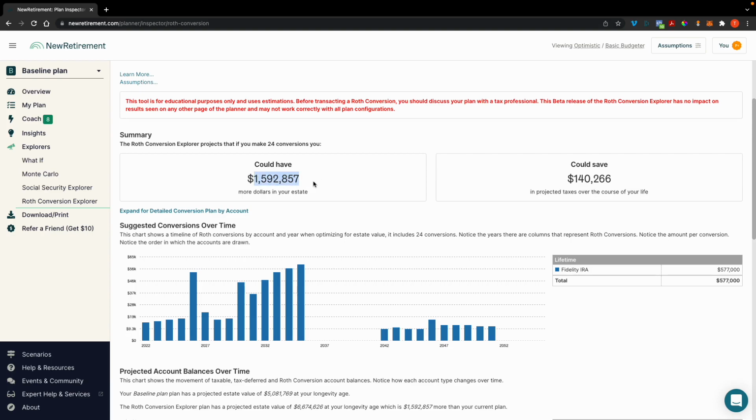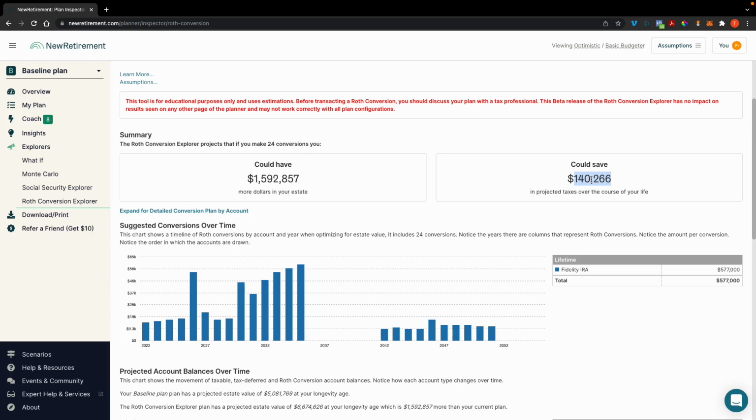This one's pretty extreme. This isn't a proper situation that I have put in here. I've changed this so many times with coaching clients and video tutorials that this situation is just so random. But let's just say this amount says $250,000 more in your estate and $50,000 in potential taxes or something close to that. I would say that's pretty substantial.